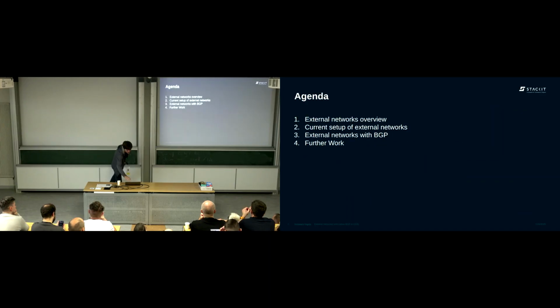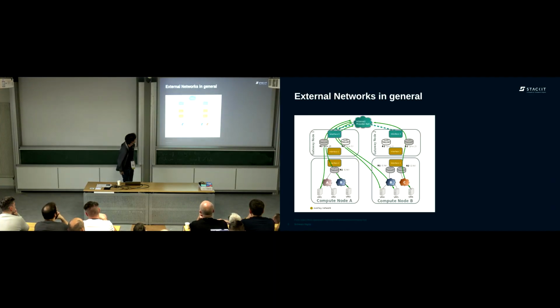We want to quickly take a look at how external networks are generally set up and what they generally are. What's the idea of using them with BGP and how would this work? I guess that's quite a known setup that most of you would be familiar with. You have compute nodes with VMs, you have virtual networks on top of that, you have virtual routers, and then